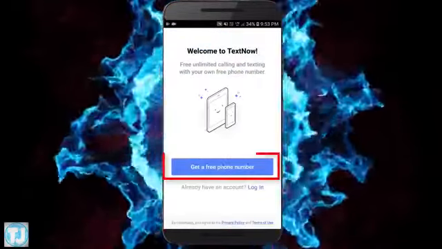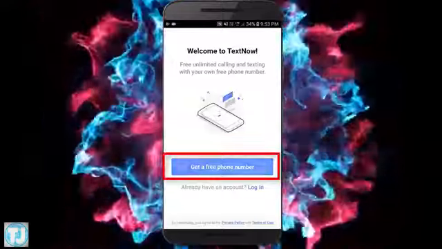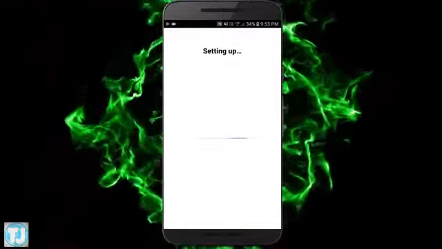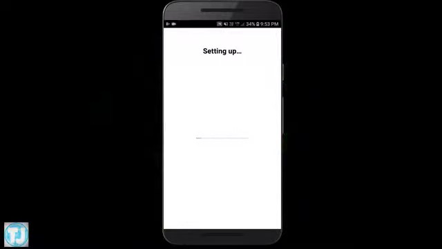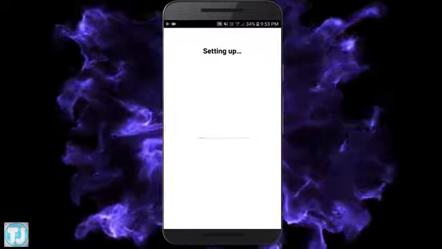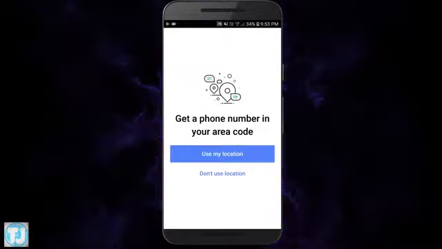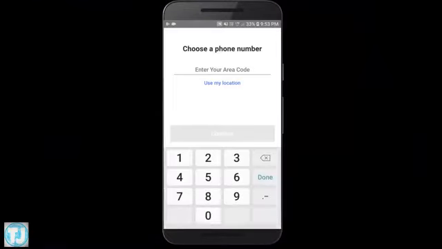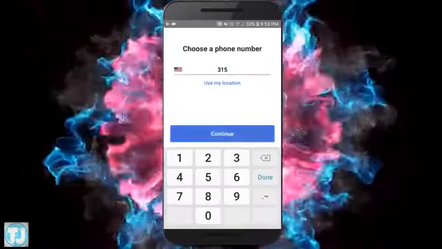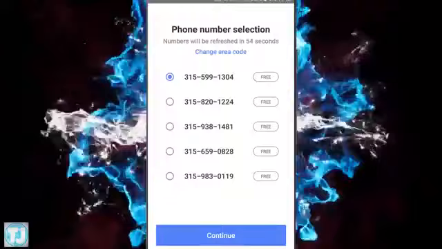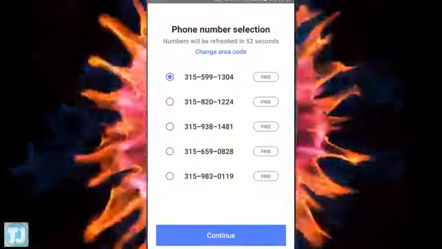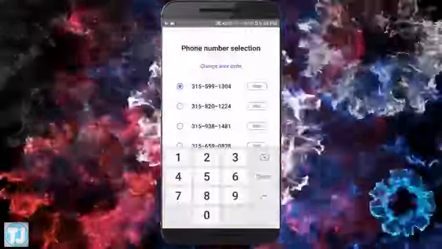Now click on Get a Free Phone Number. Now choose Don't Use Location and enter your area code as 315 and click on Continue. And from this list you can choose any number you like, and after that click on Continue.